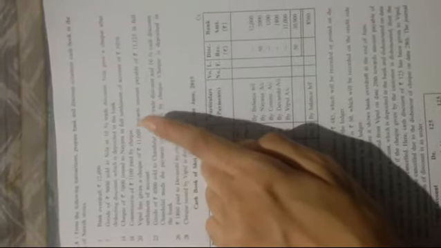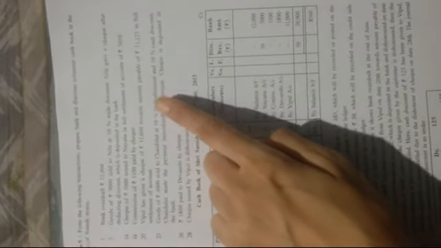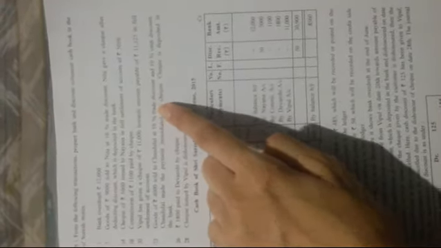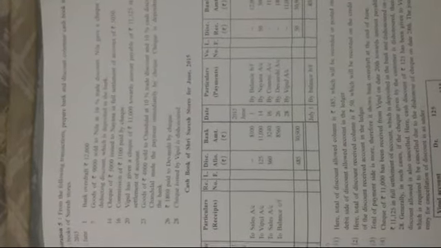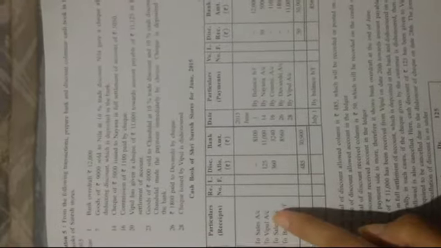So you have to deduct both. First of all, deduct the trade discount. After deducting the trade discount, on whatever amount you get, you have to minus the 10% cash discount. So if you minus both the trade discount and cash discount, you will get